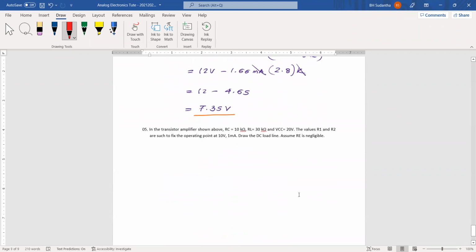I think now you have enough experience to find this one. The next circuit in the transistor amplifier shown above, the same circuit you have to use. RC is 10K, RL is 30K, and VCC is 20 volts. But here